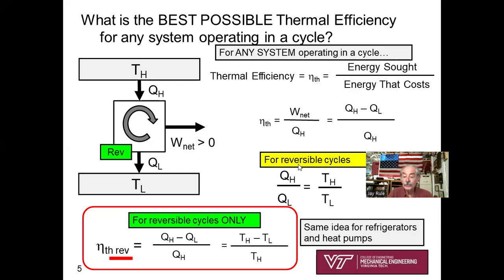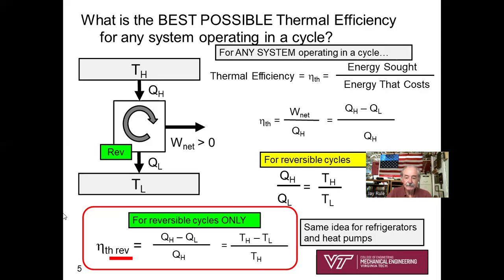Got it. And then I'm going to write down again from the previous slide, for reversible cycles, QH over QL equals TH over TL. You can do the algebra on your own. It's done also in the textbook, and get the result. The thermal efficiency, and notice here, I've underlined this, the thermal efficiency for a reversible cycle, so it's not just eta thermal, it's eta thermal reversible is, well, from above, QH minus QL, and that equals TH minus TL over